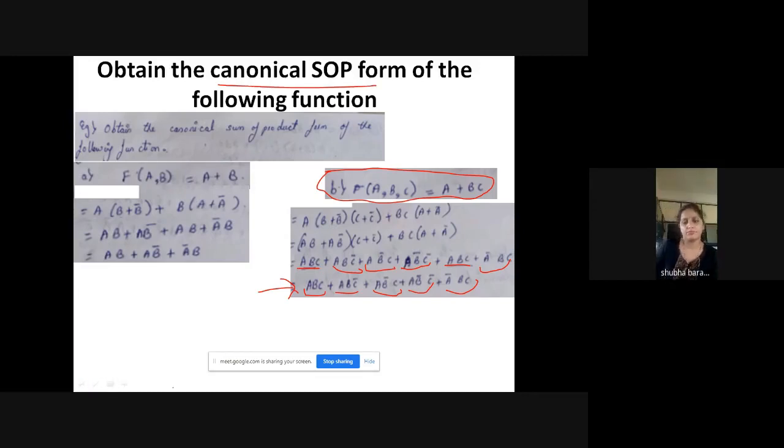Is that understood? Yes, ma'am. Anyone needs explanation for this? Shall we go for the next one? Yes, ma'am. Okay, everyone is doing this, right? Sai Prakash, yes, ma'am. You are doing this? Yes, ma'am. You got the answer? Yes, ma'am. Okay. Right, we'll go for the next one.